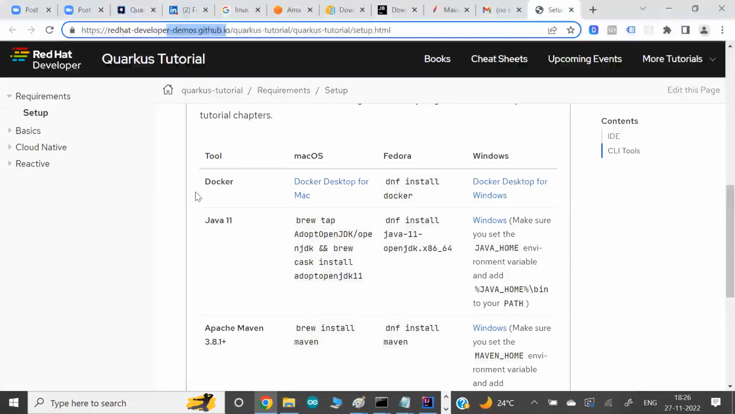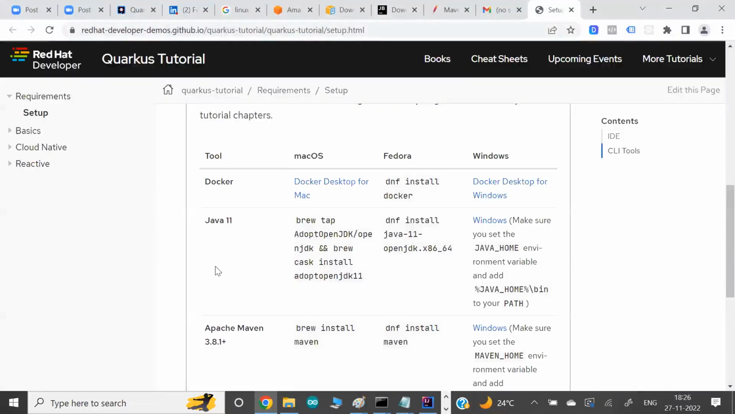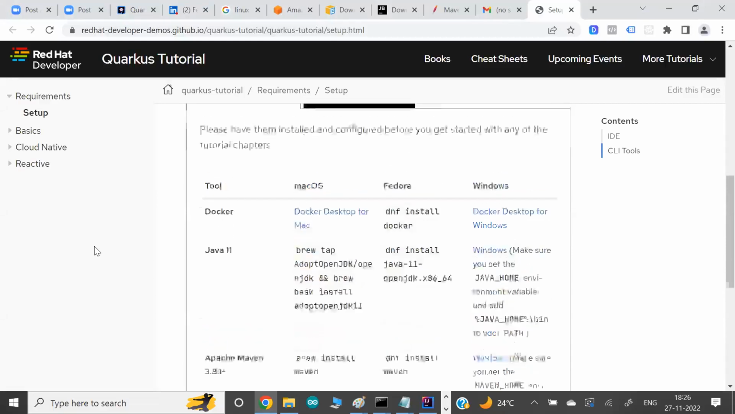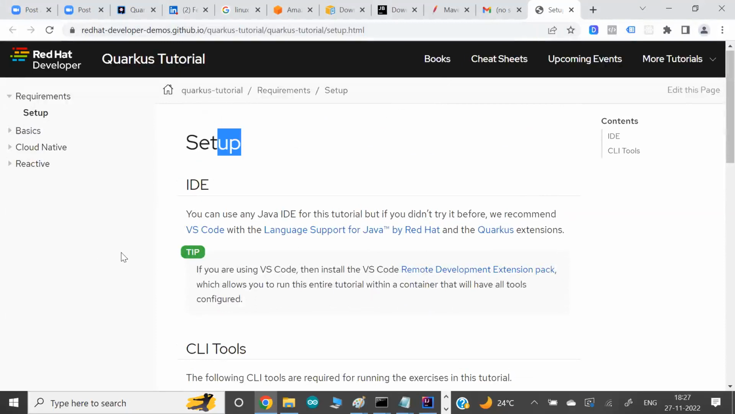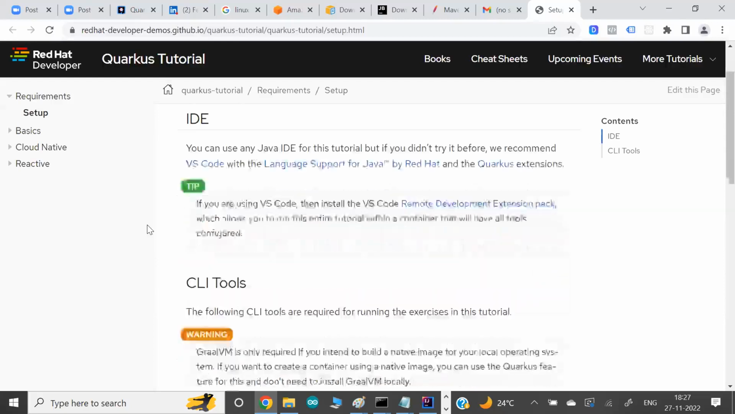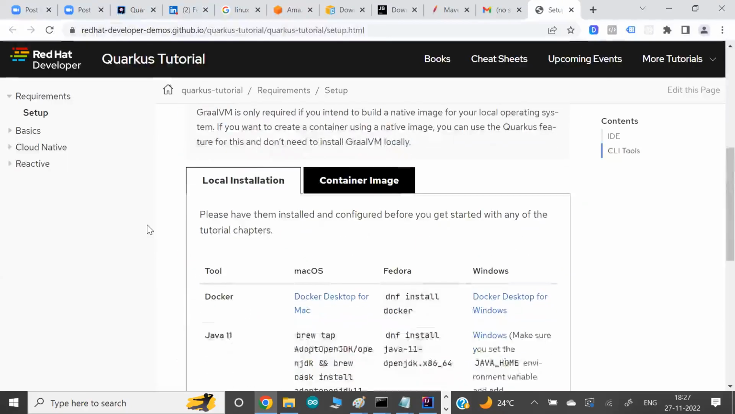Okay. So this link I'll share with you is an official website from Red Hat, because Quarkus is software from Red Hat only. They say if you want to use Quarkus, for the setup you need an IDE. Here they recommend Visual Studio Code, but I am using IntelliJ, so go for IntelliJ. All right, this is one thing. Second thing is for